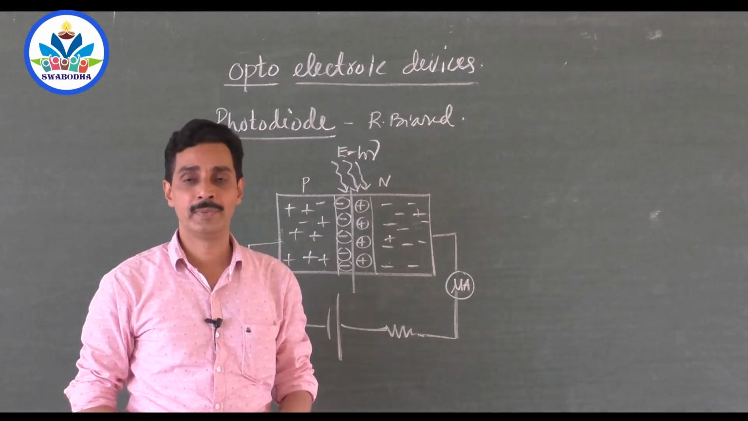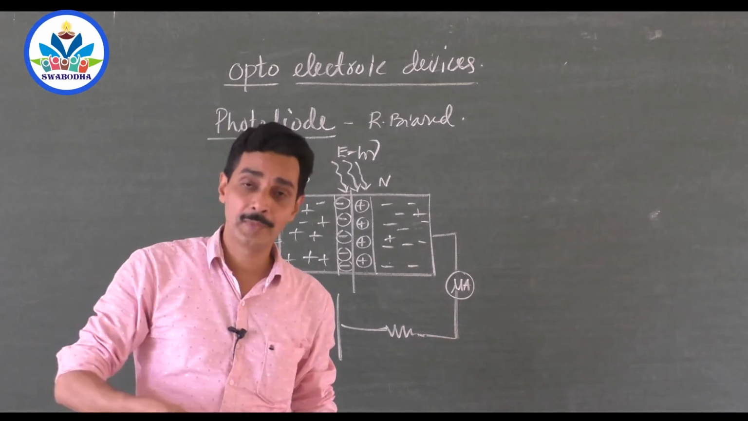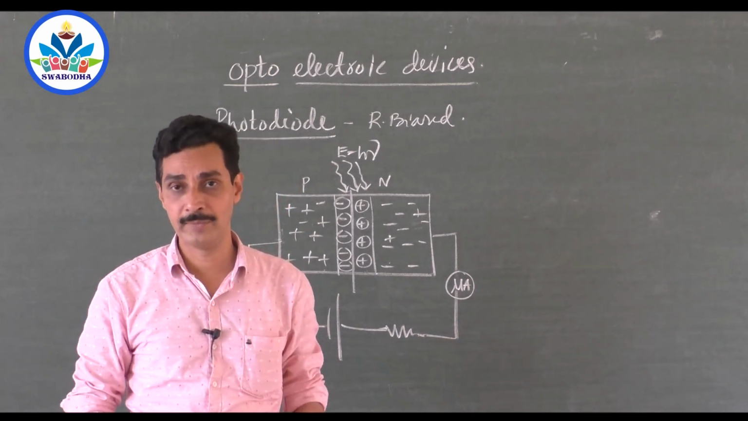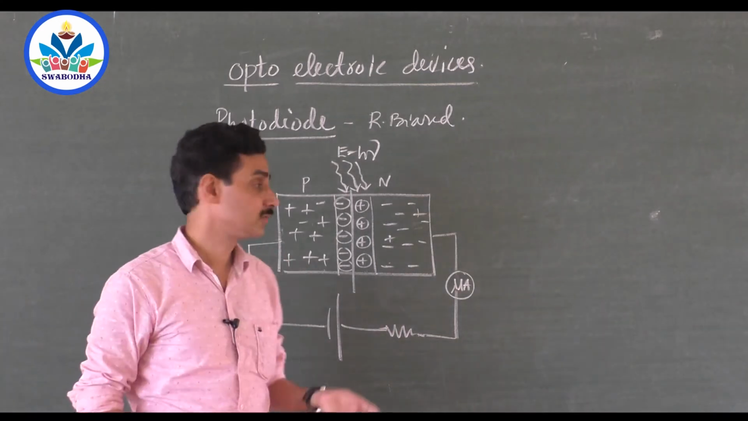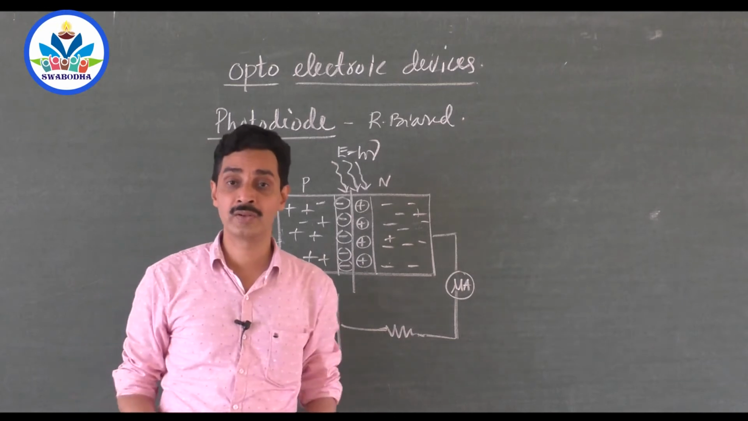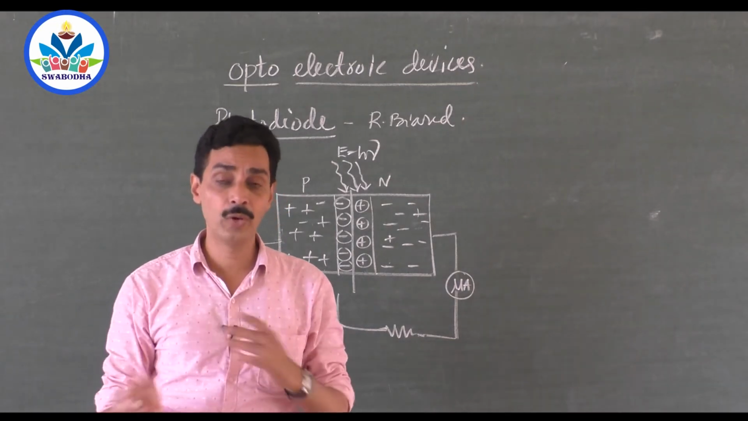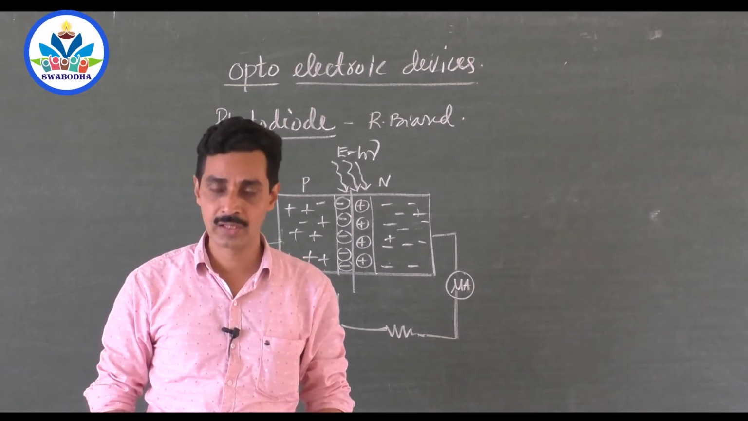More electron hole pairs are created, so the current increases. And if you put more and more intensity of light, you know the photoelectric effect principle, in the same way, when the intensity of light is more, more photons will fall on this, and more electrons will become free, more and more holes will be created. So the electron hole pairs will be more and more as the light falling on the junction will be more,